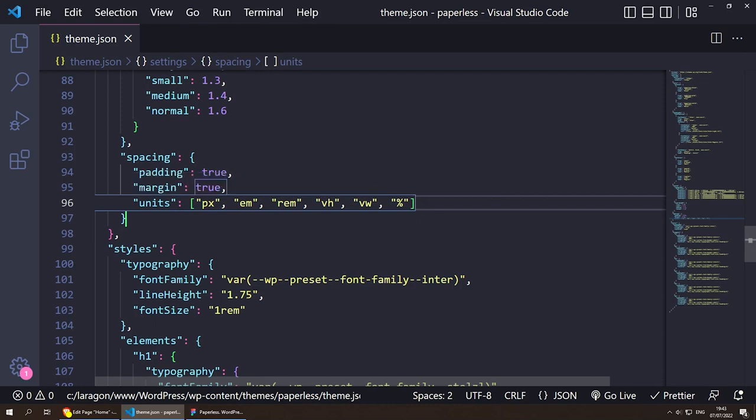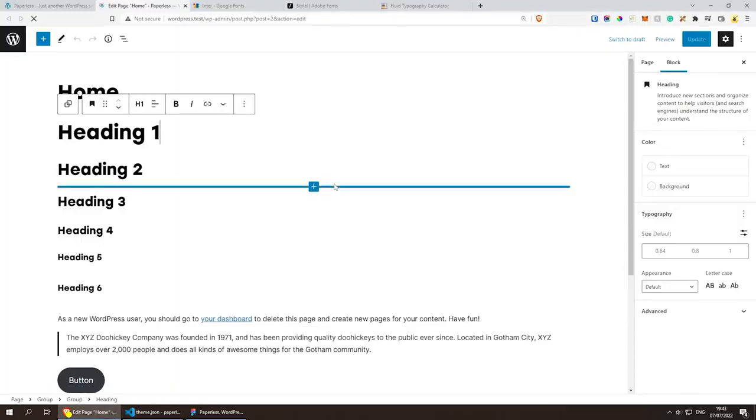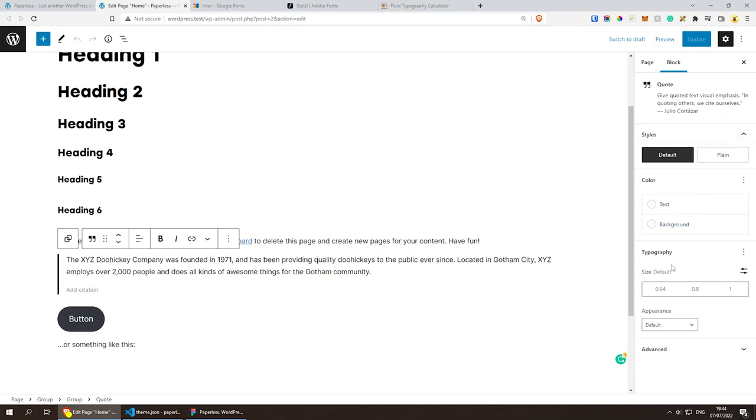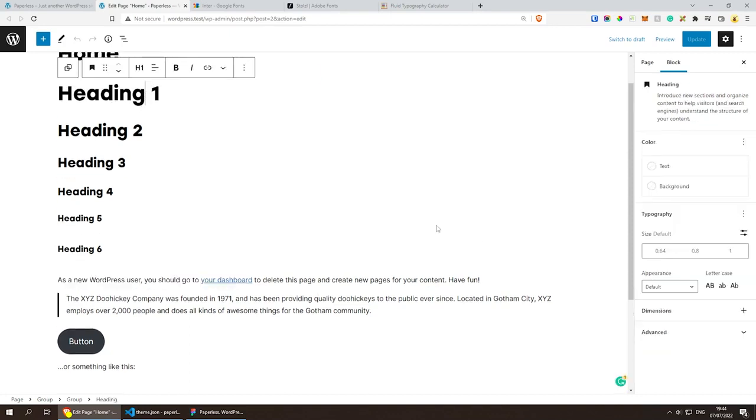If I was to save this, go back to the page, refresh. All right, now if I was to click on any of the elements here, you might not be able to see it yet, and this is because not all elements can have paddings and margins. I think the headings, if we click on them, you can go to dimensions here and you can actually change